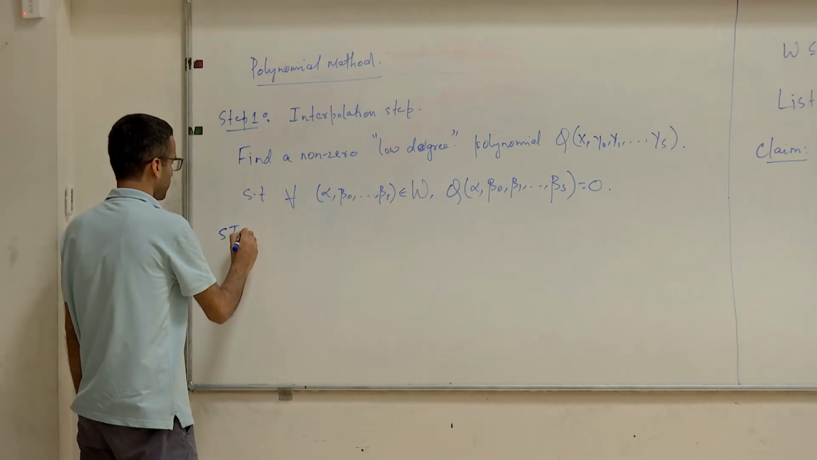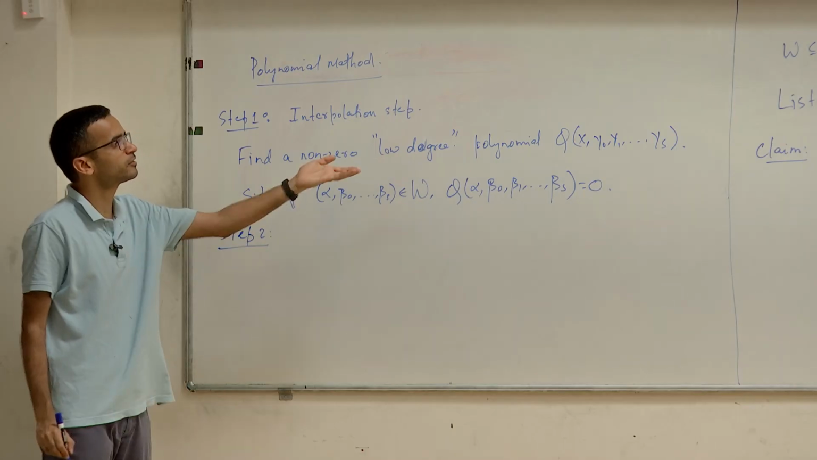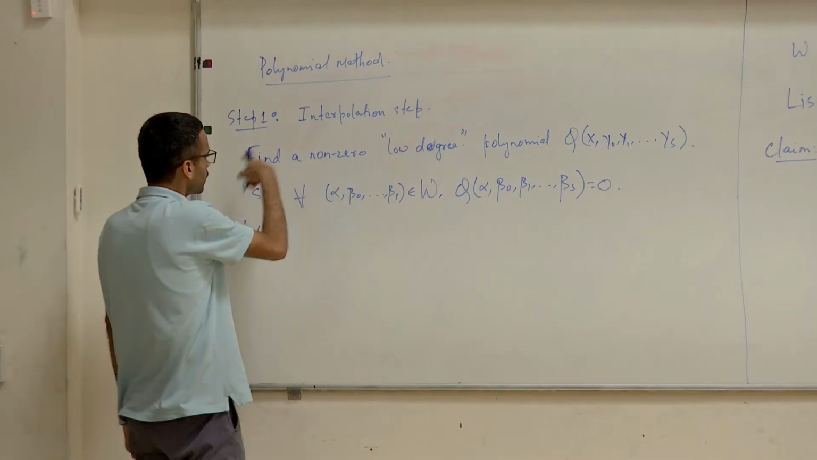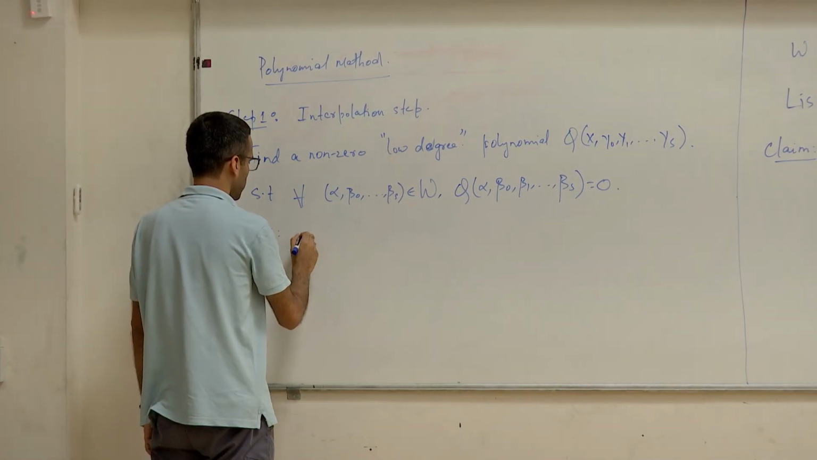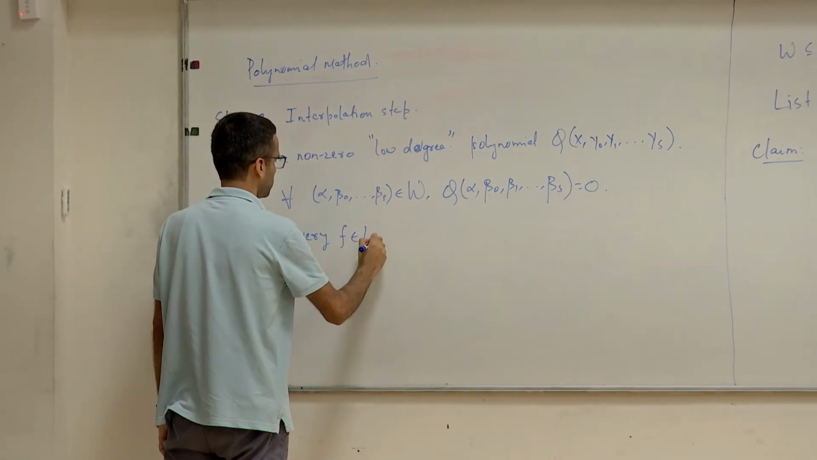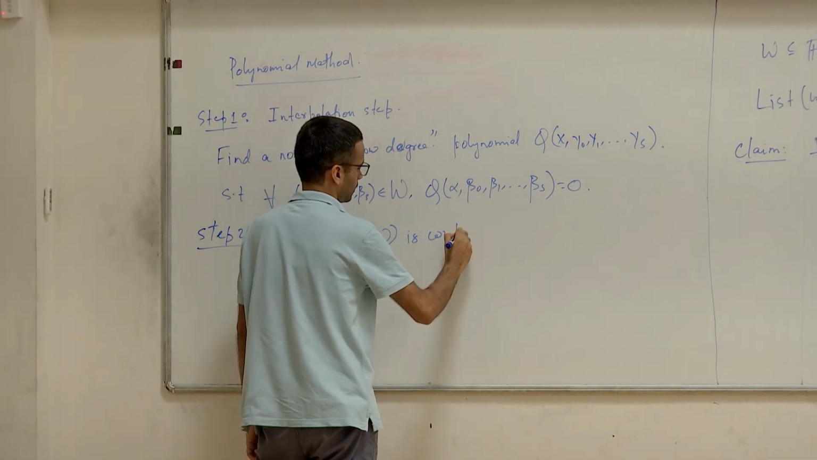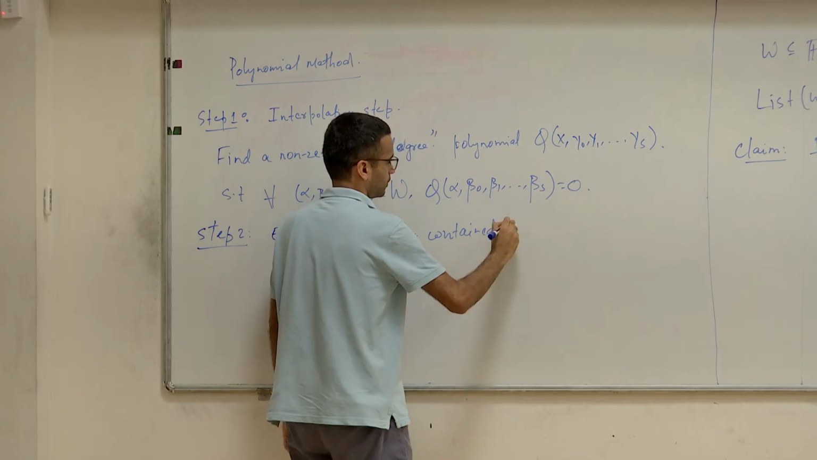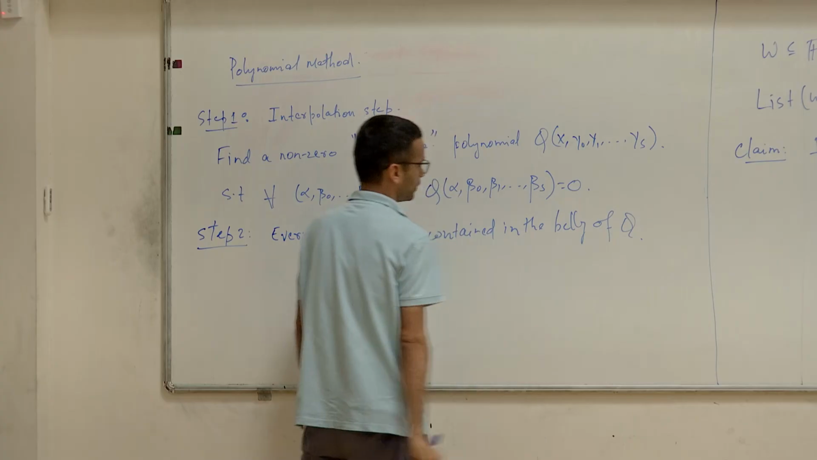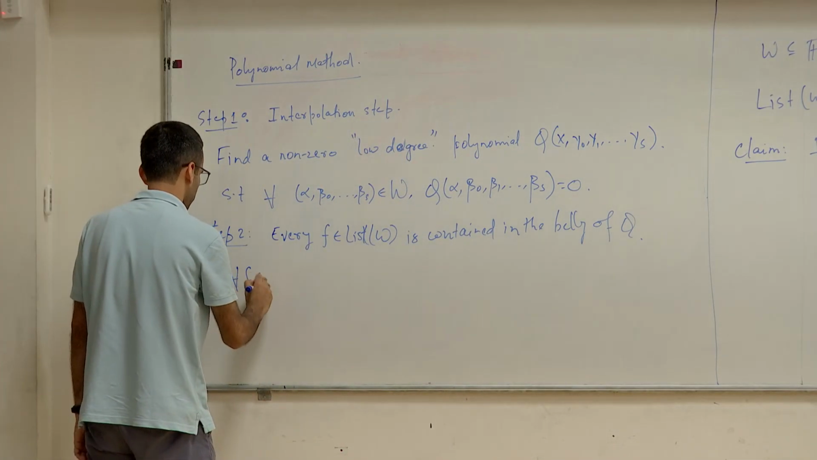The second step is going to be to show that the list of W is somehow related to this polynomial. The list of W has something to do with this polynomial. So informally, we'll show that every f in list of W is contained in the zero set of Q. Okay, so formally, we'll show that for every f in list of W,